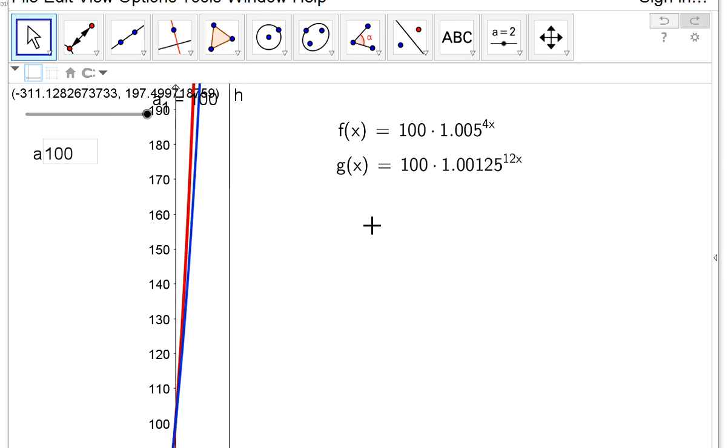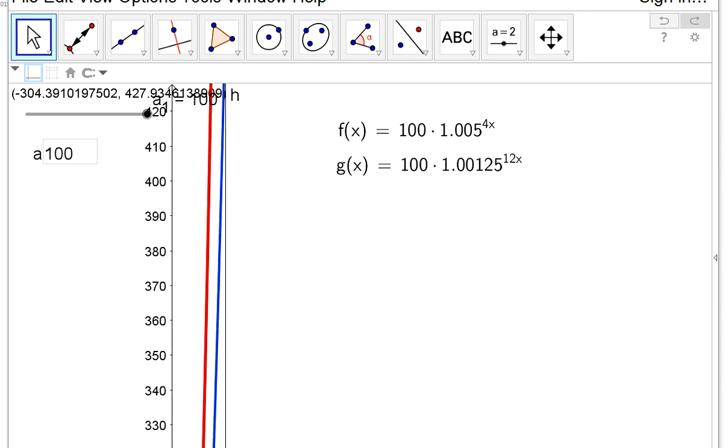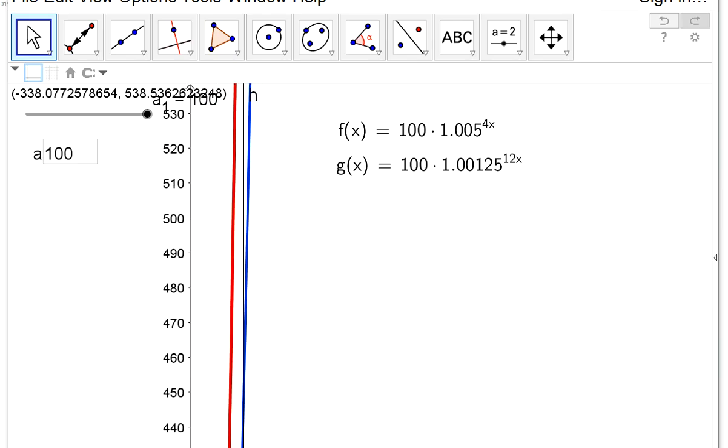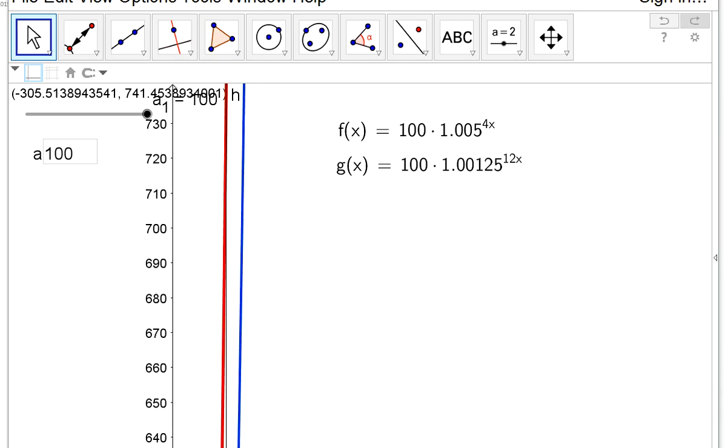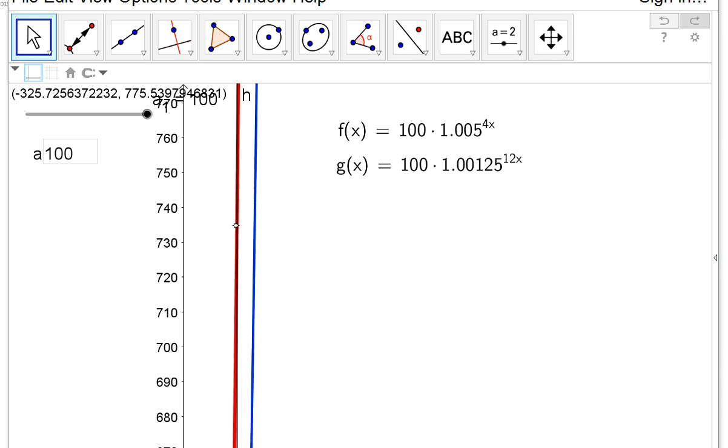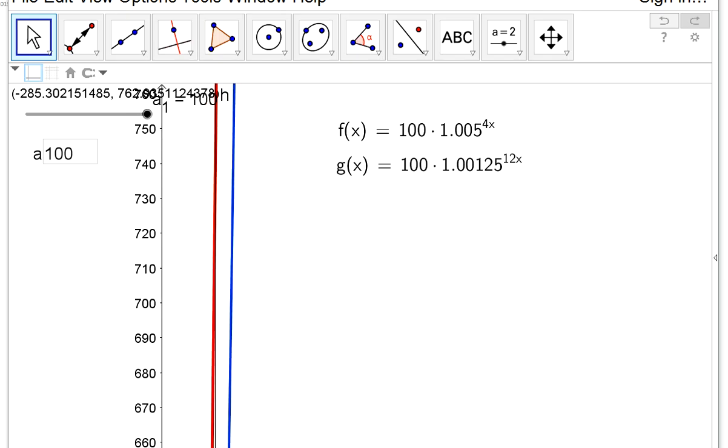So if we start with $100, you can see I'm having to climb pretty far up here, so it still isn't that much. It looks like the red line's somewhere around $700 or something. So the money's not really growing fast, and I guess that's not the point. The point is